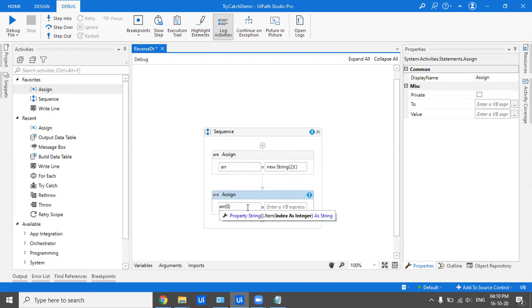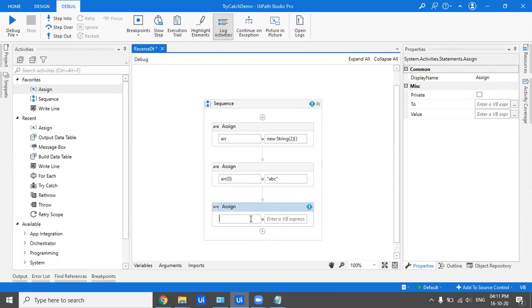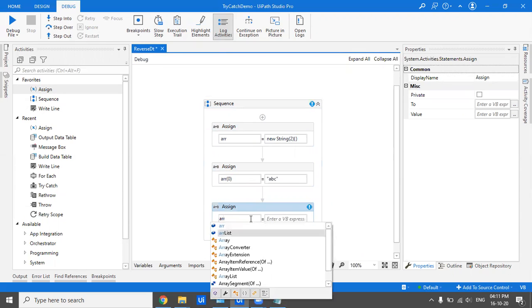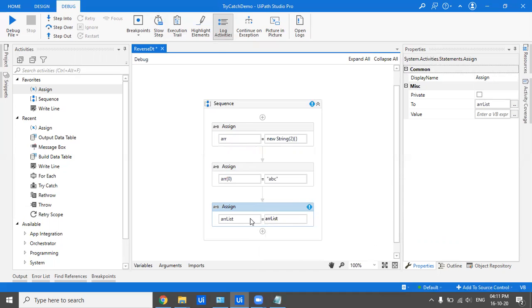In brackets, we write the index, that at the 0th index, I want this value. Whereas if I talk about list, you can simply write ARR list, and if you have to add, you don't have to define the index because list is dynamic. You can just keep increasing or decreasing the size. It does not matter. If you have to add, you add like this, ARR list dot add, and you can just put in your item.